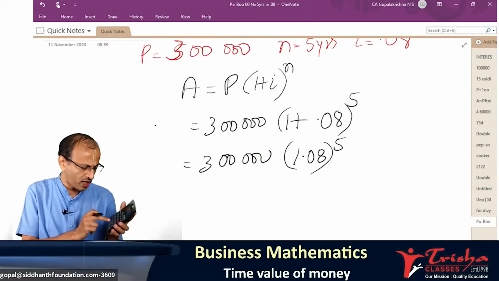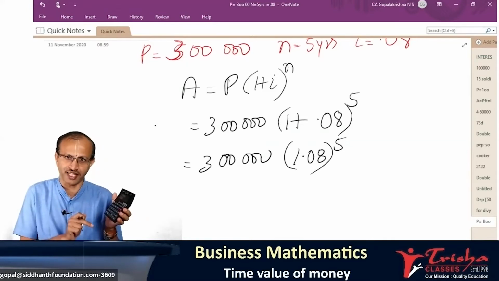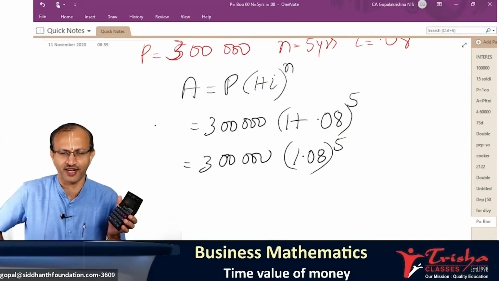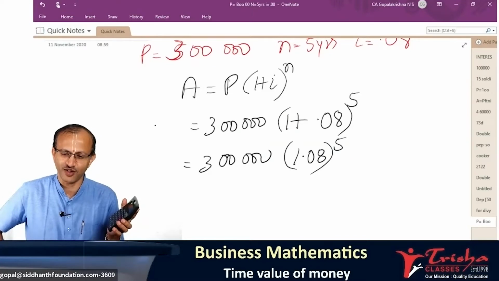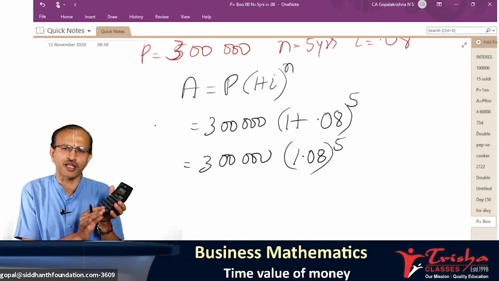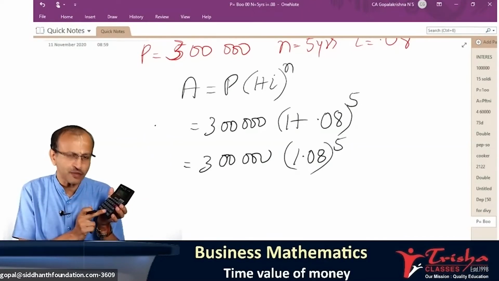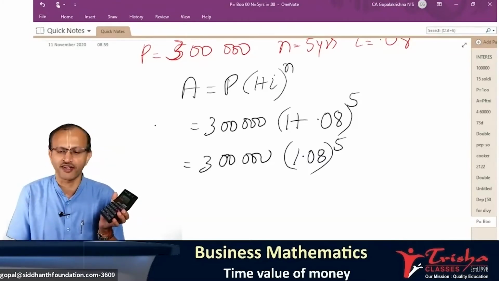I repeat again, 1.08 into 2 times pressing, then press equal. Tell me what is the answer in your calculator. First, 1.08, 2 times pressing. What is the answer? Is it 1.1664? Please do answer. Okay. Then what you should do, just press equal. The answer you got, into equal, it is the square. Just press equal, cube. Just press equal, 4. Just press equal, 5. Tell me what is the final answer.